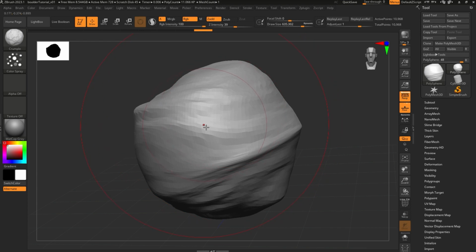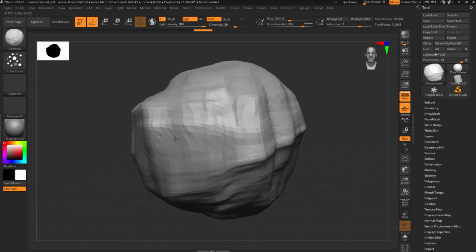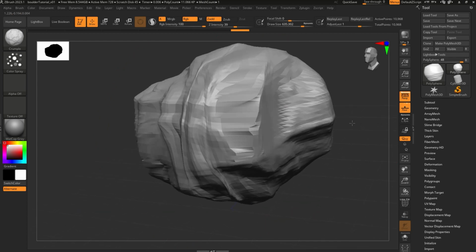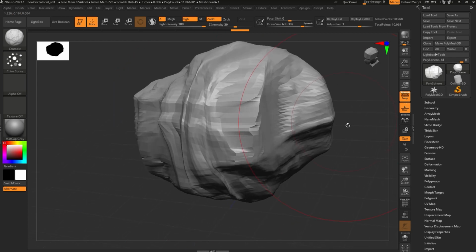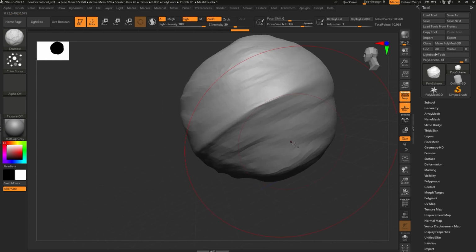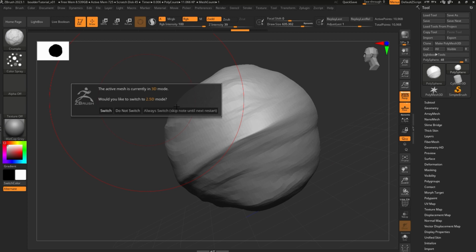Now watch what happens if I drag this laterally, like left and right. Watch what happens. You can see it's going to go ahead and make that lateral stratification, which could be good. That's also something you're going to want at some point. Imagine that the river has sort of flowed around it and it's sort of carved away lines. You can sort of see the track of the water as it goes around. I'm just going to call that a happy accident for right now because we are going to tweak this,